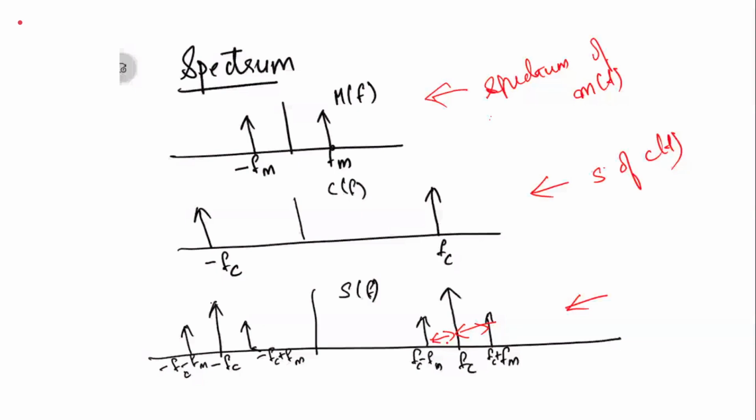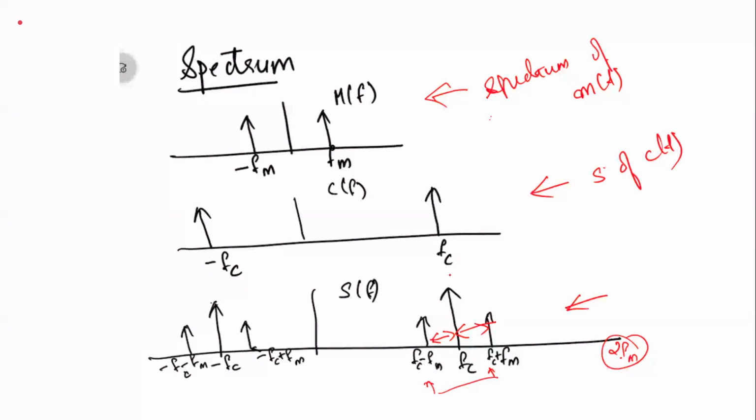Once you have the modulated signal, the bandwidth of my output signal will be twice that of the message signal, 2FM. So how do you get the frequency of the original message signal from the modulated signal? You have to analyze the bandwidth of the modulated signal, and the total bandwidth divided by 2 will give you the message signal frequency.